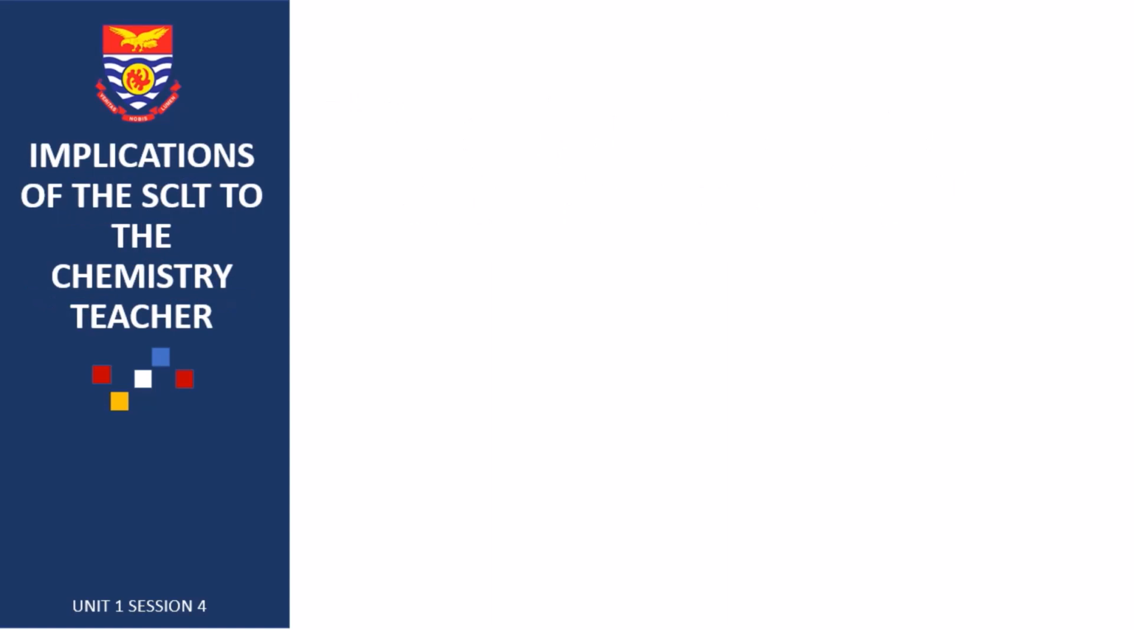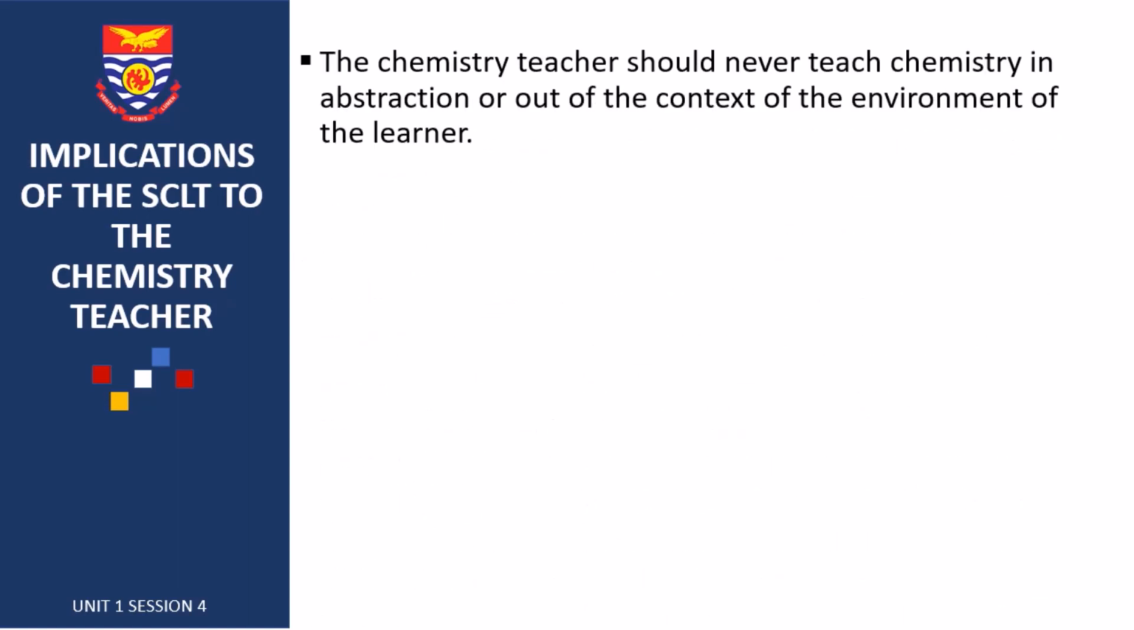Knowing this theory, what should the chemistry teacher do? In other words, what are the implications of the situated cognition learning theory to the chemistry teacher? You should never teach chemistry in abstraction. Don't go to class and only talk about concepts that students can only imagine. They can only use their brains to imagine how the thing looks or how it is going to look. No. Go to class with something